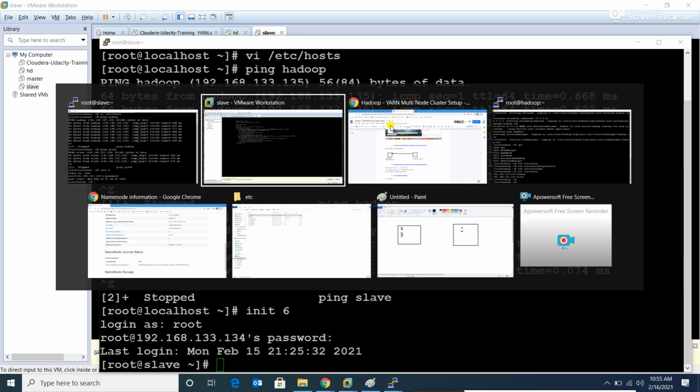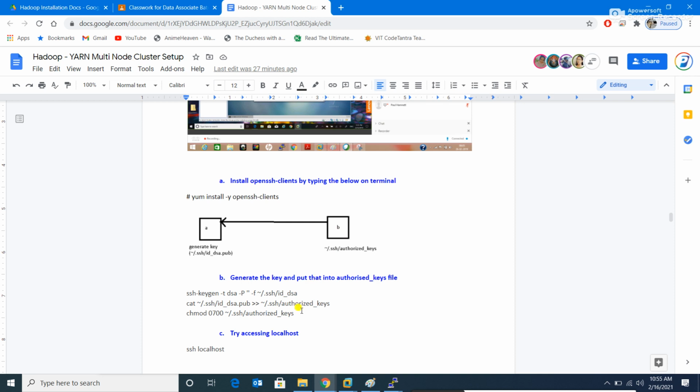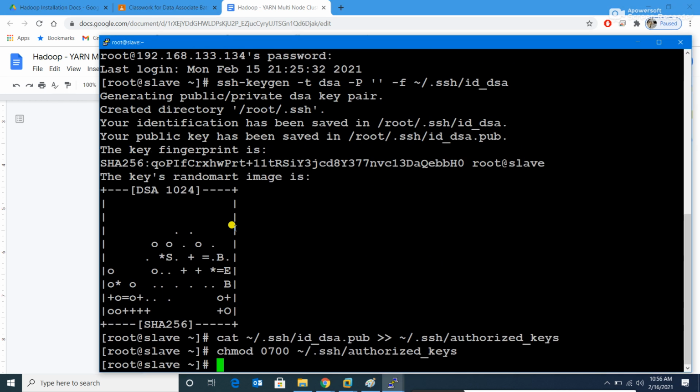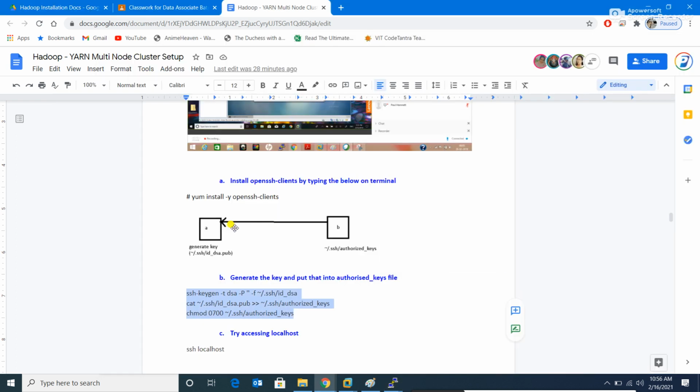Now I'll just take all these and directly put them there. Instead of typing, I'll recommend you to type, so that you remember the commands. So I have put them here. The key is generated, and the key is copied in the authorized keys file, for CentOS itself. So both the CentOS machines can access themselves without any password now. Any service you want to start doesn't require a password.